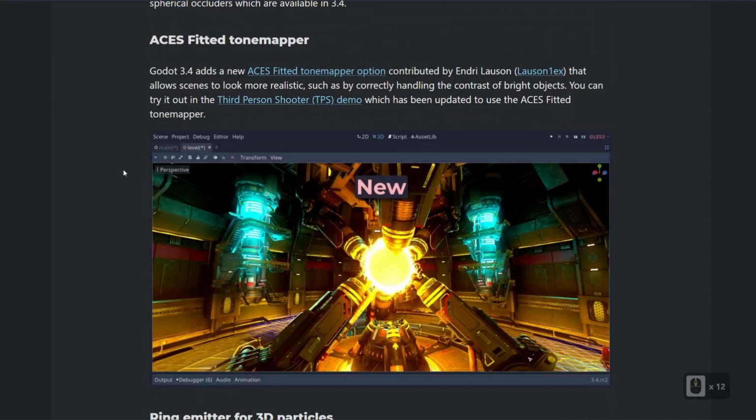So if we scroll down a little bit more, we have the AES fitted tone mapper. So this is exciting because by default, Unity uses the AES fitted tone mapper, and it helps with keeping the brights bright, but without blowing out and overexposing your images. So if you take a look at this image here, you can see the sun is super bright, but if we go over to the new one, you can see how the sun is a little bit less yellow,